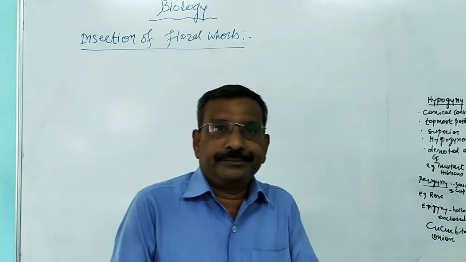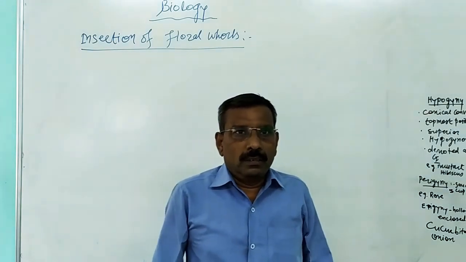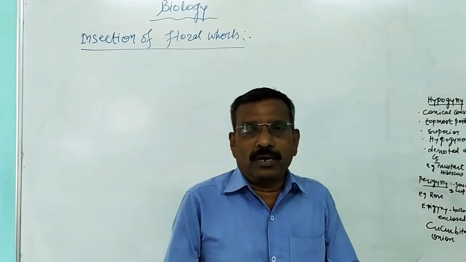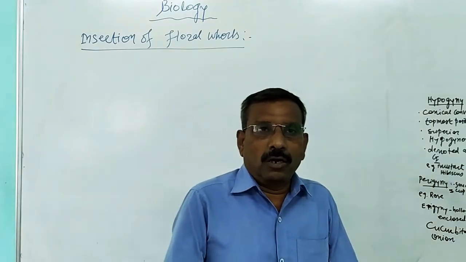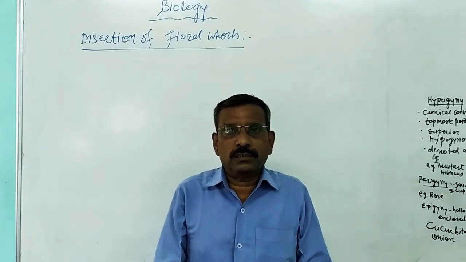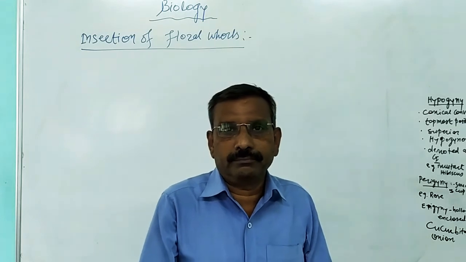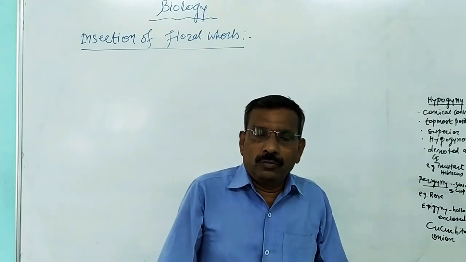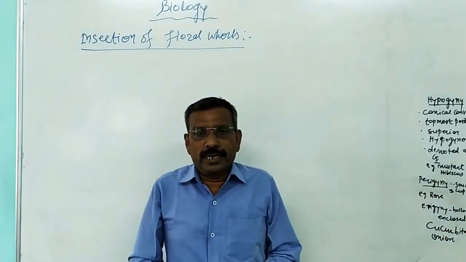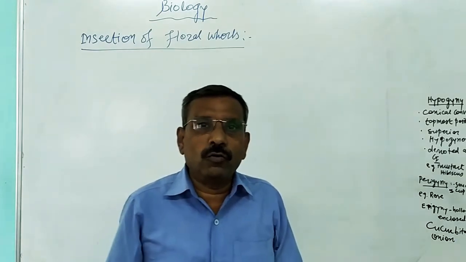Good morning, students. Yesterday we studied the different whorls of the flower. All of you know a typical flower consists of four floral whorls, that is calyx, corolla, androecium and gynoecium. Now today we are going to study the next topic from the same chapter, that is insertion of floral whorls